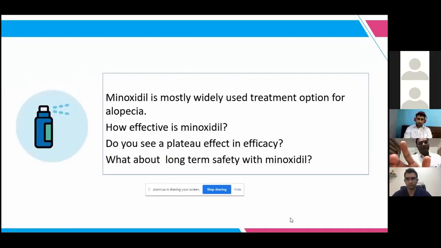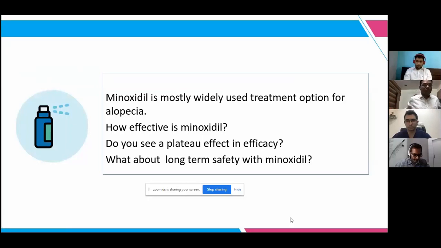Yes, as all the panelists said, minoxidil is a gold standard for androgenetic alopecia, and other alopecias also. Minoxidil is around 40 to 50% effective. In spite of that, we still recommend continuing the minoxidil. In both males and females, the effect will be seen proportionally up to 1 to 2 years. After that, to maintain whatever gain has occurred with the minoxidil, the patient has to continue even after the 2 years.